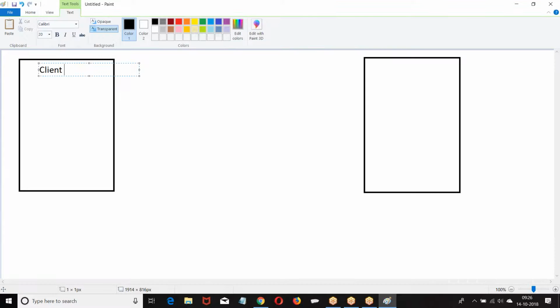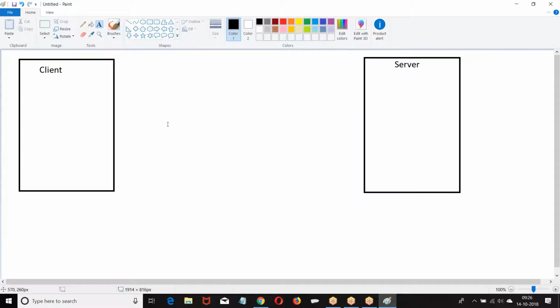Now, look at the format. We have a client and we have a server. When you are going with the client and server, the client is SFDC, let us assume.